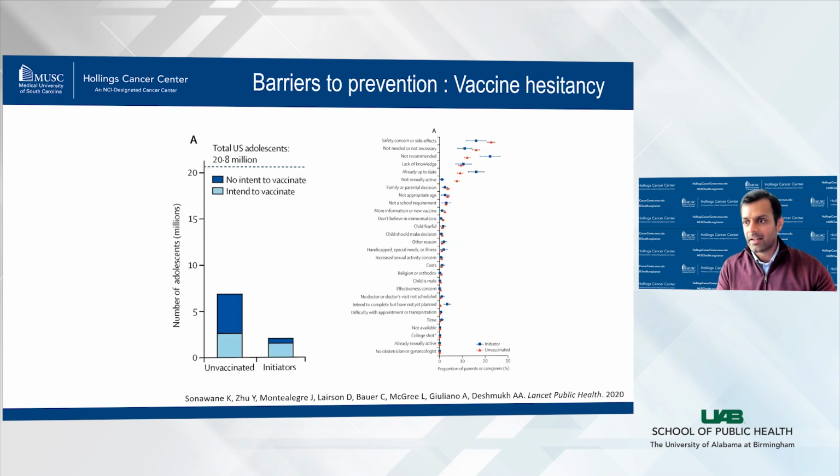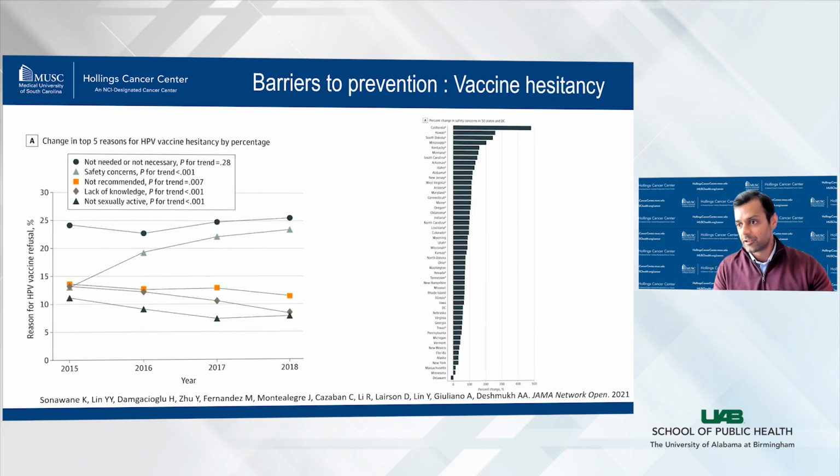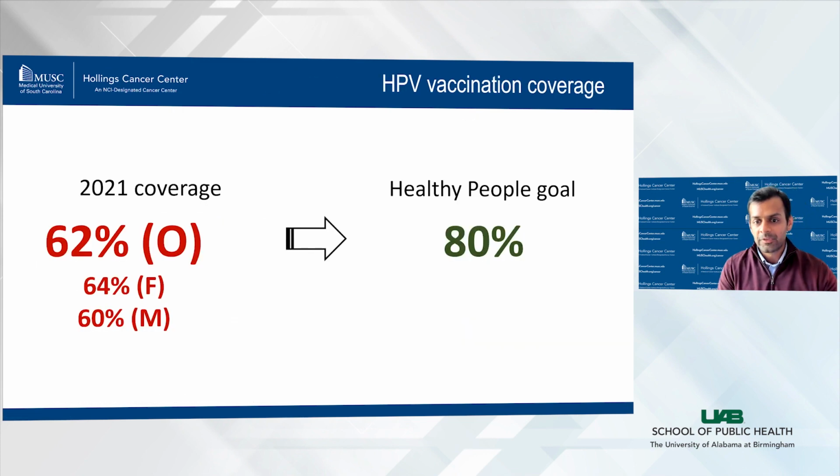There's also a substantial barrier to HPV vaccination, in that we showed that 60% of parents of unvaccinated adolescents lack intent to initiate HPV vaccination. And HPV vaccine hesitancy is rising in the US. There was a significant increase in safety concerns as a barrier to HPV vaccination among parents across all US states. So given that the coverage is suboptimal and it's important to achieve HPV vaccination coverage, the question that we wanted to ask was, if we are able to achieve 80% coverage, how would that translate into